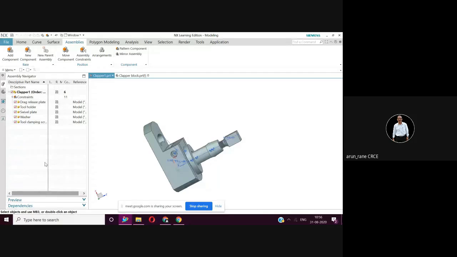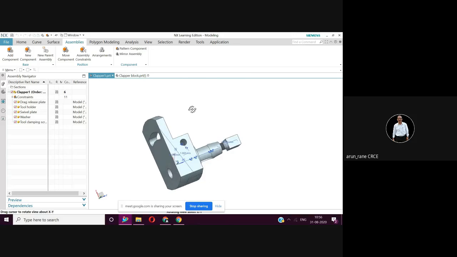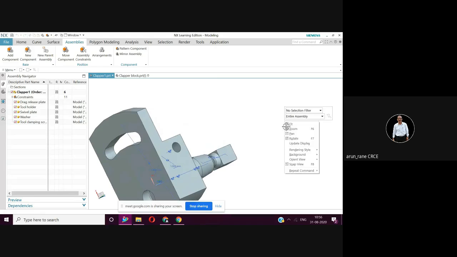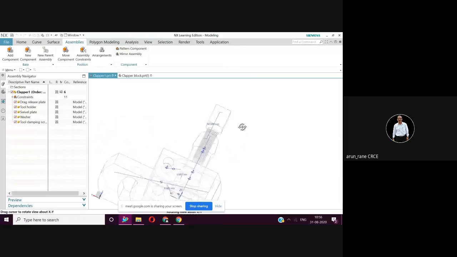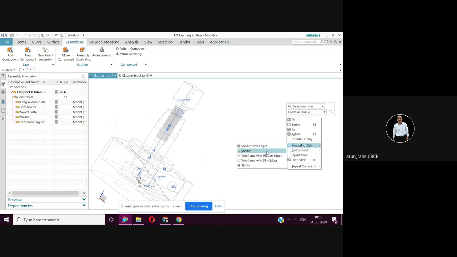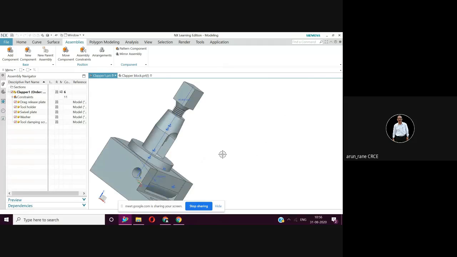Okay, so what I will do, our session will extend a little bit. I will go to modeling. I will make a fresh pin and let us see whether we can add that. Before that, first I will see whether that pin is there or not anywhere. So go to rendering, file, wireframe. No, the pin cannot be seen anywhere. Pin cannot be seen anywhere. So shaded with edge.